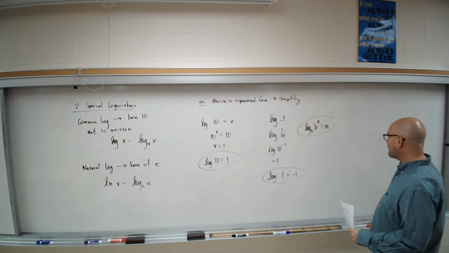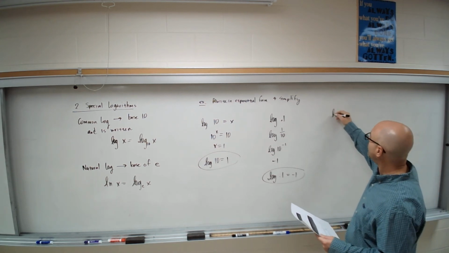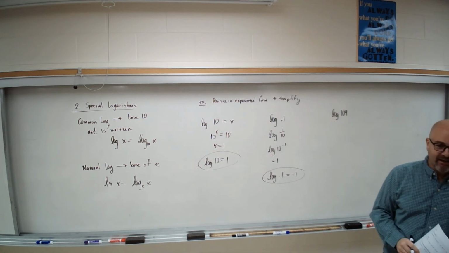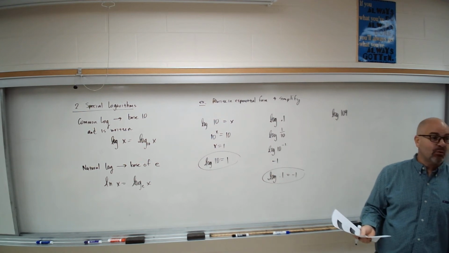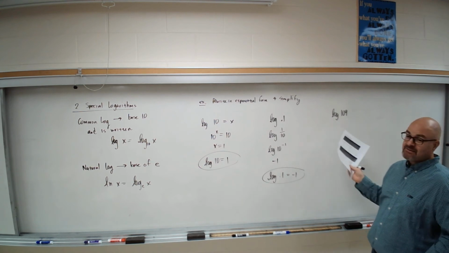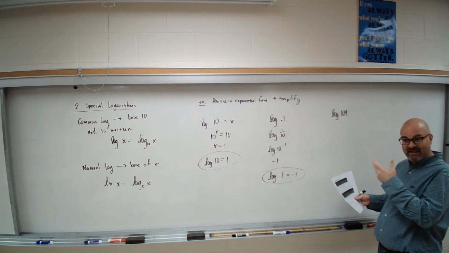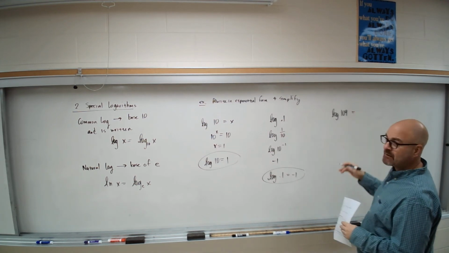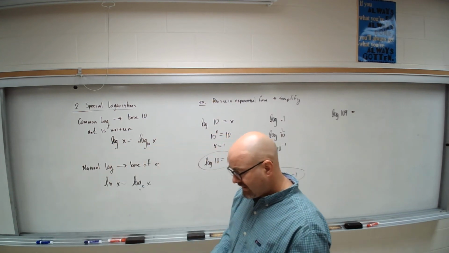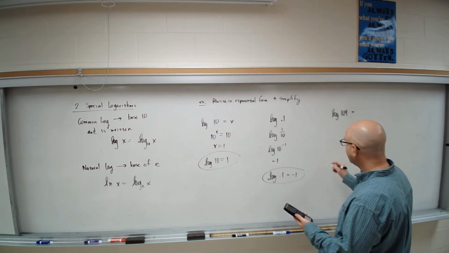Now there's some other examples on your paper that don't do that. Things like the log of 109. Now 109, not a power of 10, right? I mean, we know 10 squared is 100, 10 cubed is 1,000, so I guess we know the answer is somewhere between 2 and 3. But if you wanted to simplify this, you would just need to type that one in your calculator. So you would go to your calculator, type the common log of 109, and that's going to give us about